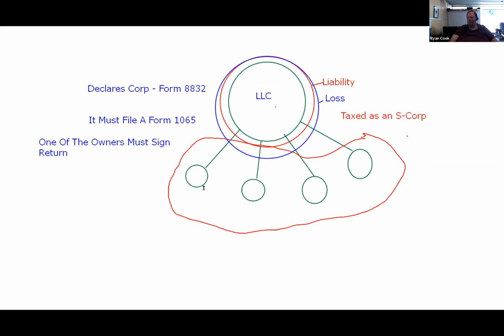It declares that it's going to run like an S-Corp. We can set it up, but all of our liability is pretty much set up here. We're set up so that we don't have to worry so much about the liability. The stuff passes through to us. It's treated like a partnership, so we get our K1s, that sort of thing. We use the K1s on our individual returns. Now that's if it's set up the one way. Now let's set it up the other way. Let's not declare it.